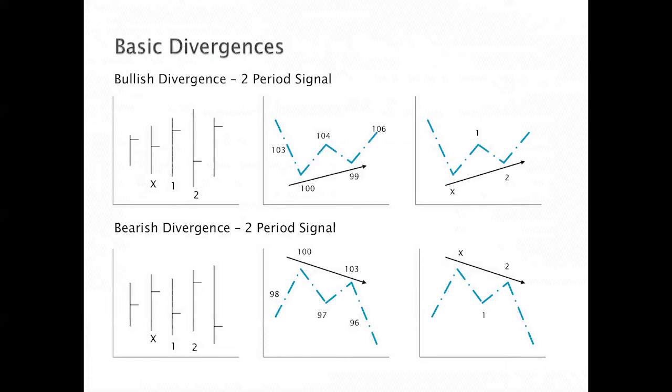Remember bull and bear. We'll show the next slide, but if you start to hear somebody say, well, I see a bullish divergence, if you look on the left upper chart, that's your signal count. X is a price where it closed. 2 days later, 2 periods, 2 hours, 2 months, two periods later, it closed at a lower price.